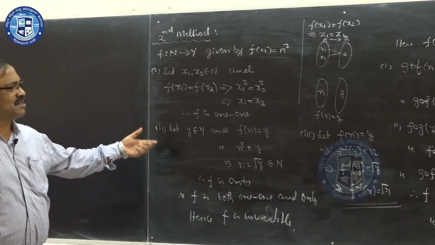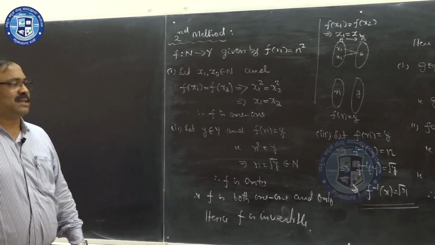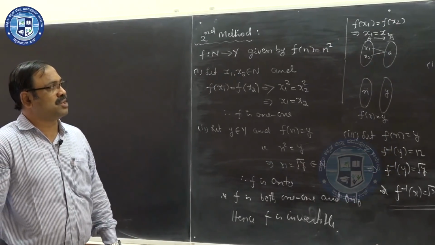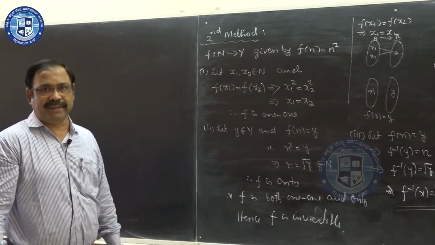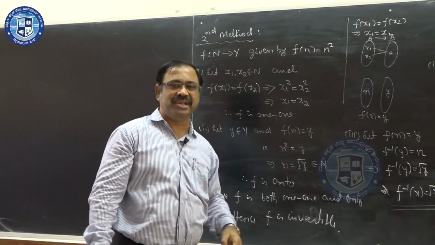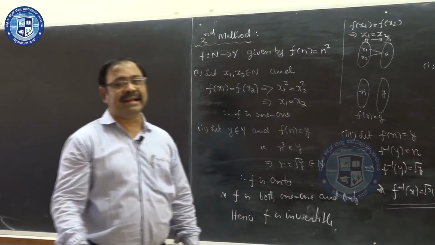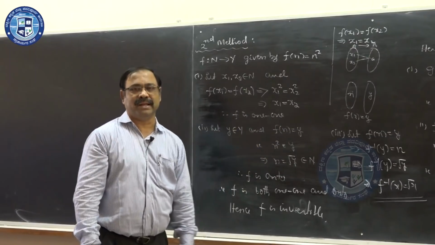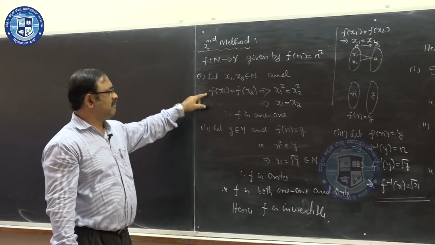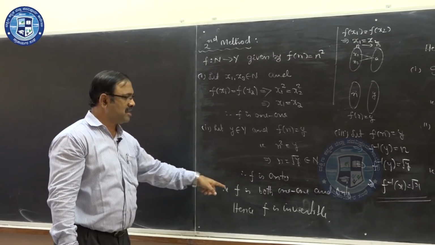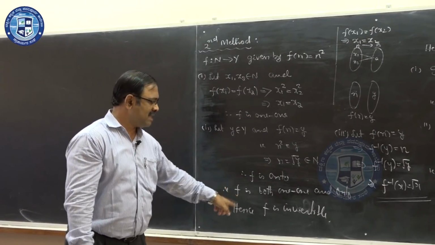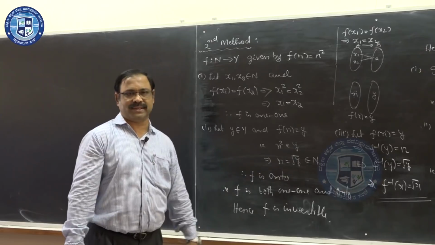Some of you may find this is better than the first method, because in the first method you have to find out a function g, and hence you have to write the composition of g and f and g. Hence you are showing the composition of g and f, and both f and g, they are forming an identity function. Hence it is invertible. Whereas in this case you can directly verify the function is 1 to 1, then the function is onto, showing that it is invertible, because always a bijective function has an inverse.